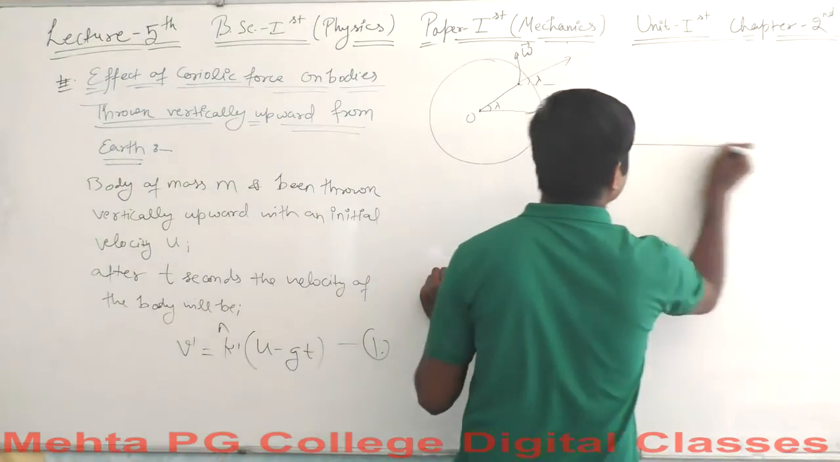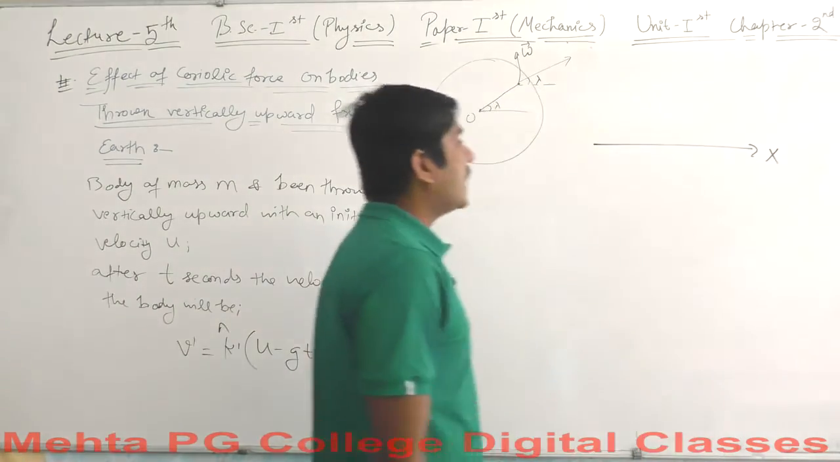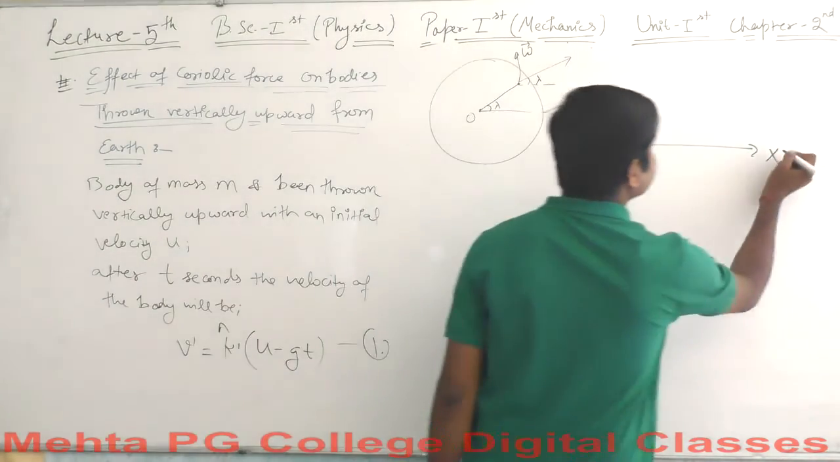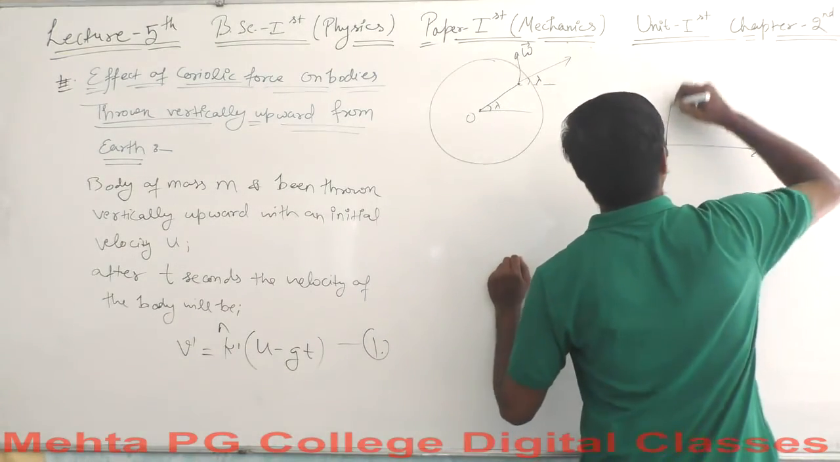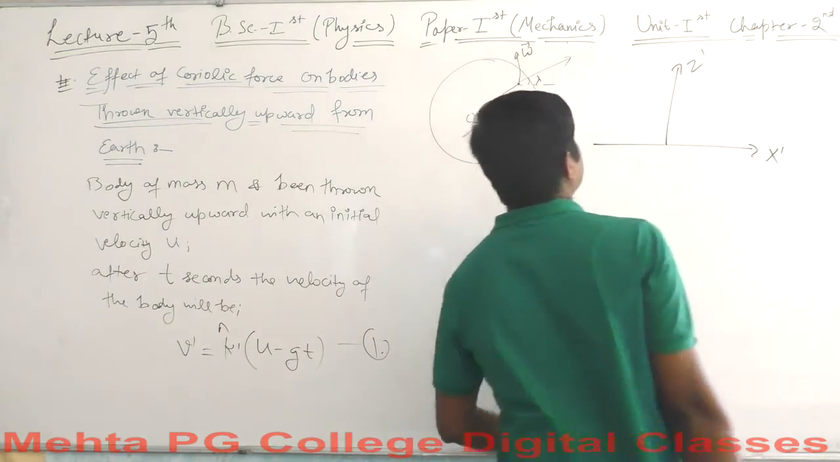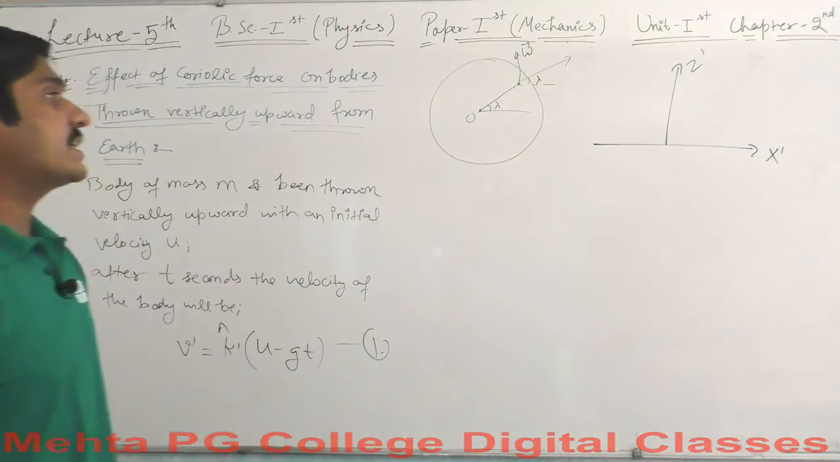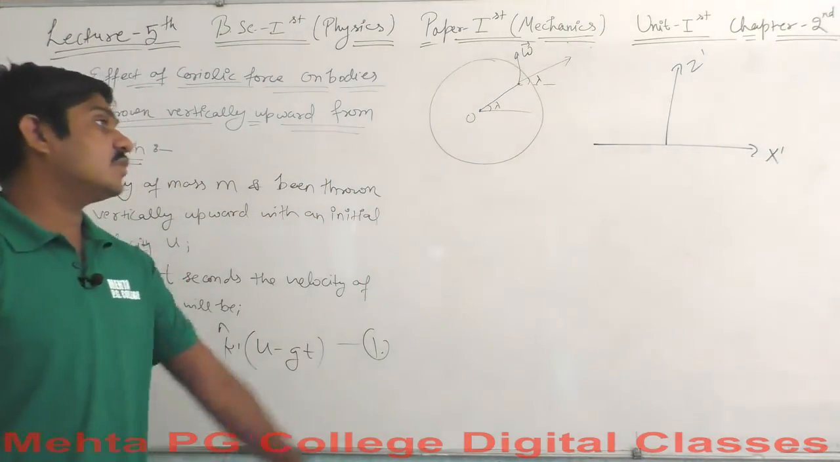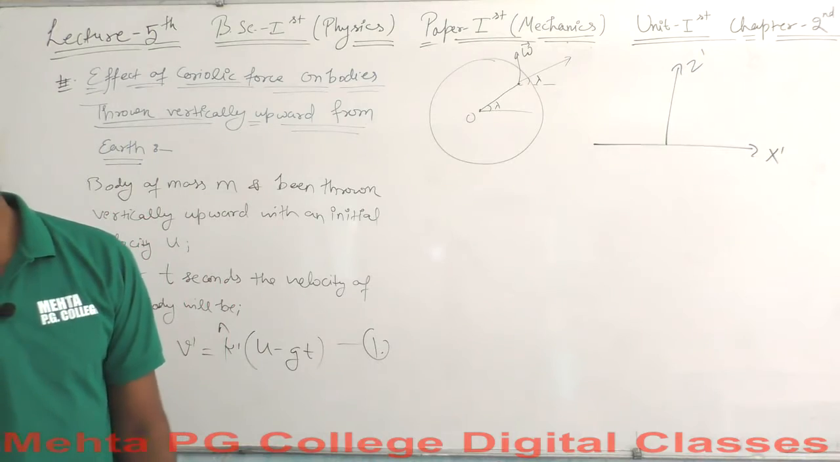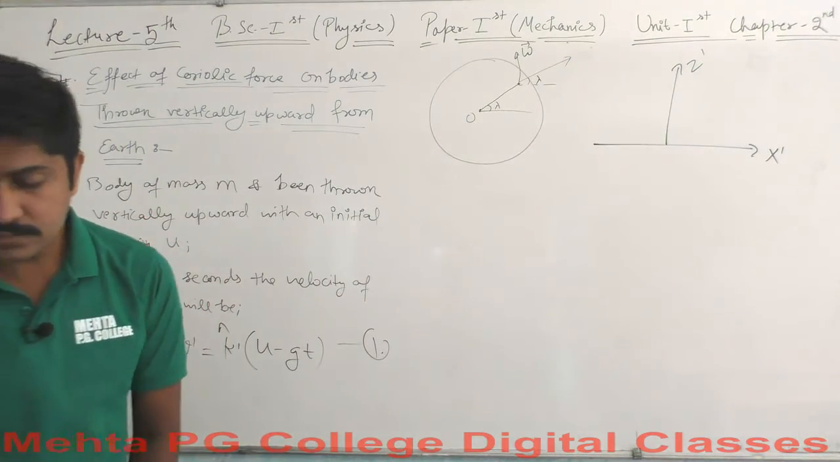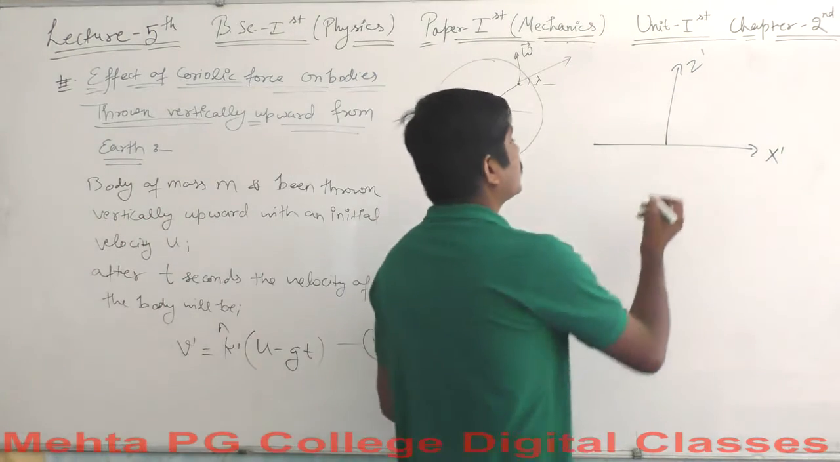Let's say this is the positive x dash direction, and the body is being thrown vertically upward. This is the positive z dash direction. Okay, we have got the two positive directions here, and the body is being thrown from the x axis towards the z dash axis. So let's say the body is being thrown from here,